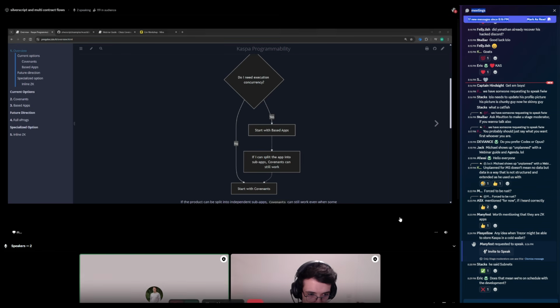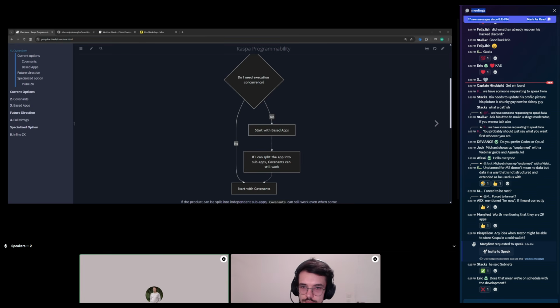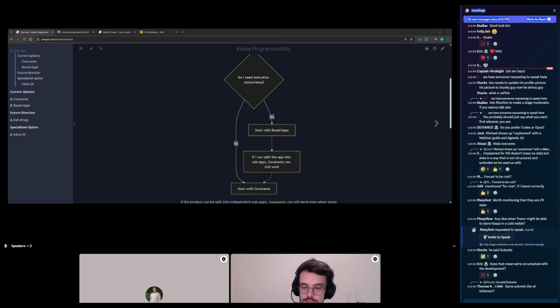layer. But here today we're going to focus on what we can do in covenants, and hopefully through the chess examples and maybe a native asset example Ori is going to show, people can get an understanding and get inspired of what can be built natively on L1, and also get a better understanding of how a based app or how the ZK system is built also through these covenants.